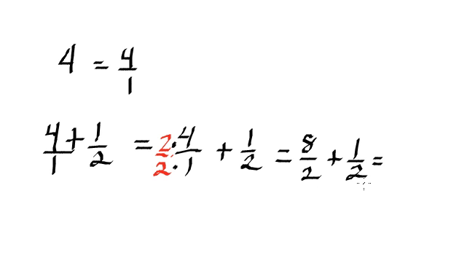Okay, we have a common denominator, and the common denominator is 2, and then we can add the numerators, 8 plus 1, which becomes 9. So this is an improper fraction, but that's okay. So what I need to say now is if we were to have 4